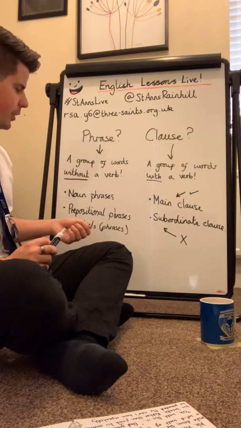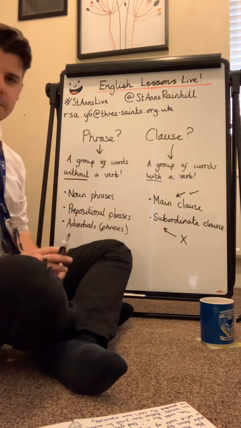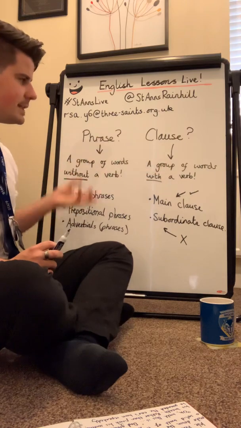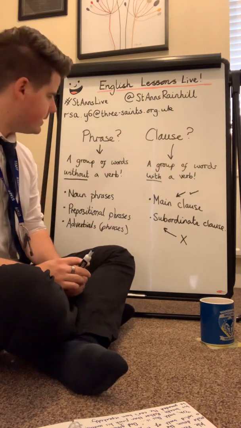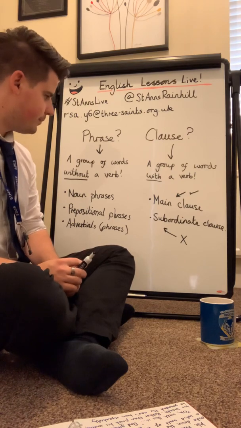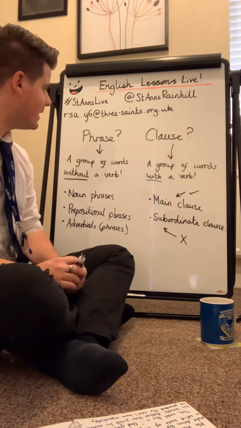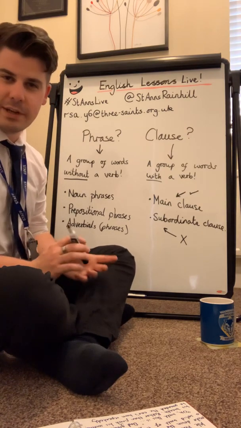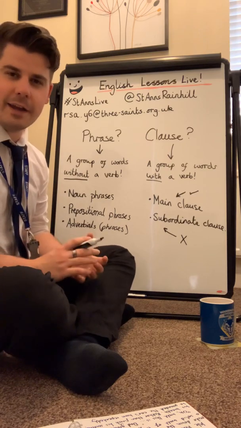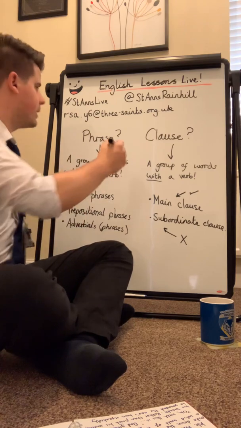Now, if these were just one word, for example, under, it's just a preposition. If it's a group of words, it's a prepositional phrase, okay? So these are things that are all quite similar, but little differences mean they're classed differently. That's quite a lot of information for the first few minutes of a lesson, isn't it? But once we have all of that knowledge in our head, it becomes really easy to define what certain things are. For example, then, if I had something like